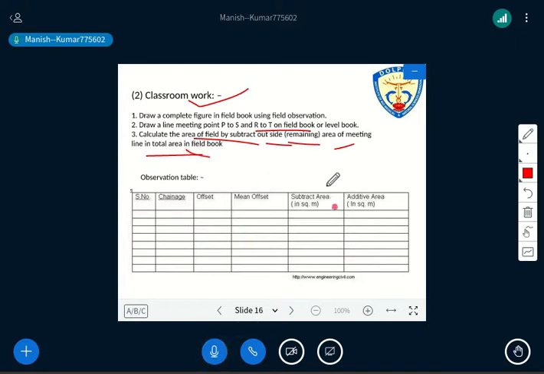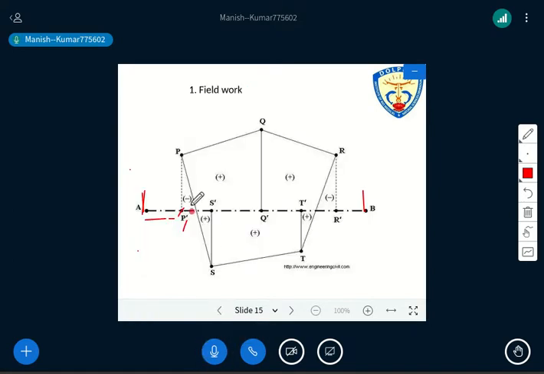So as you look, there is subtractive area and additive area. So again back to the image. When we are drawing this P to S line and everything, obviously this area is out of this figure and this area is inside the figure. So those with a plus sign have to be added, and those coming with a minus sign have to be subtracted. Is it clear? Then we are able to get the area of whatever field work we are doing.